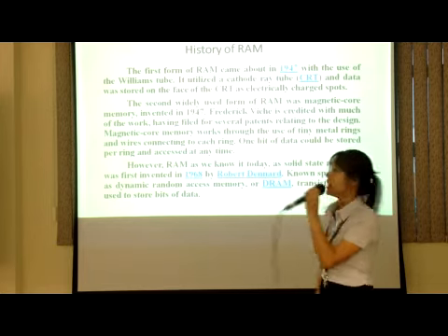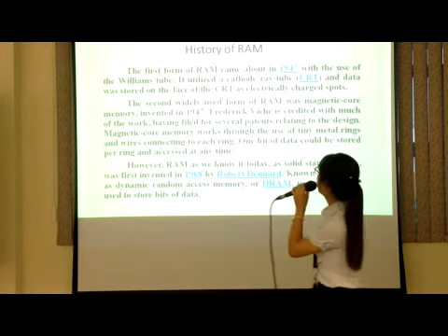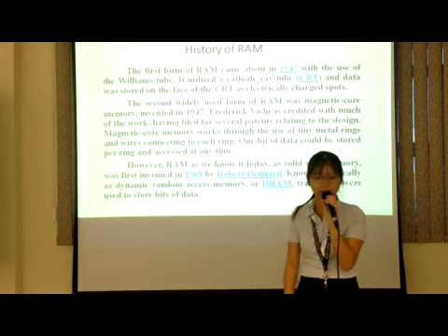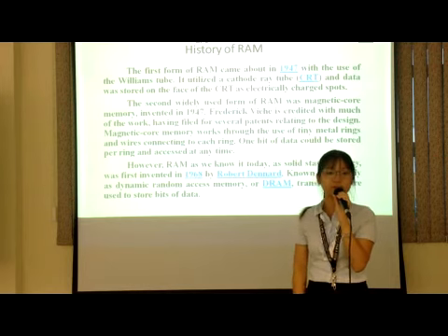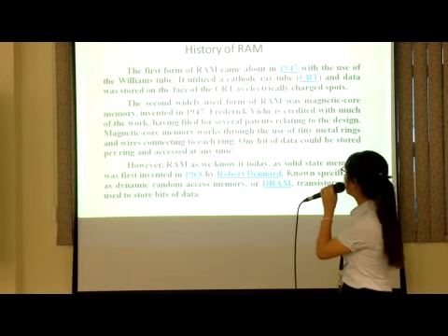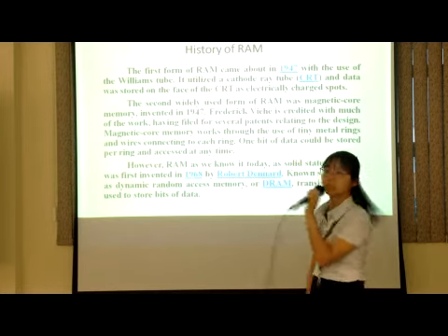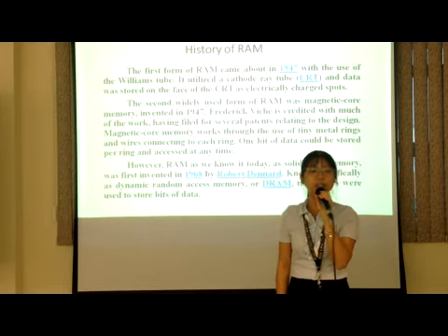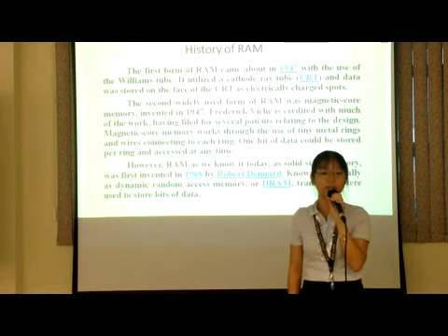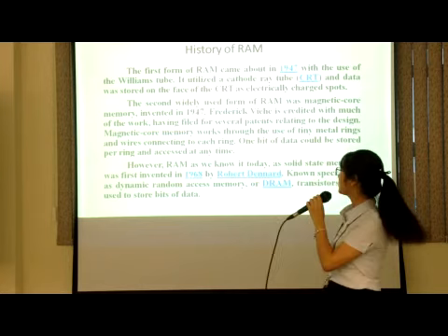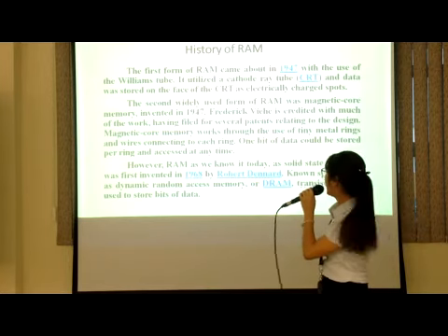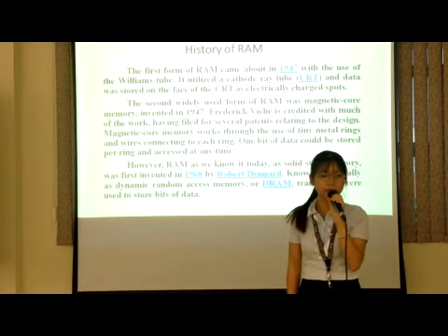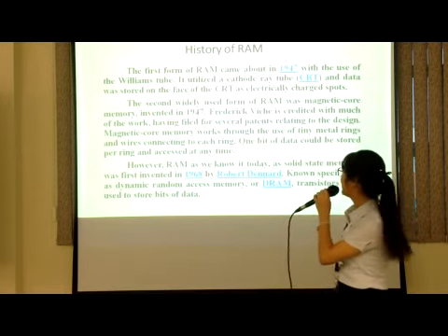As we can see, the first form of RAM came about in 1947 with the use of the Williams tube. It utilized a cathode ray tube, CRT, and data was stored on the face of the CRT as electrical charges. The second widely used form of RAM was magnetic core memory, invented in